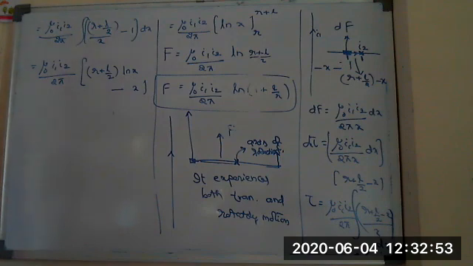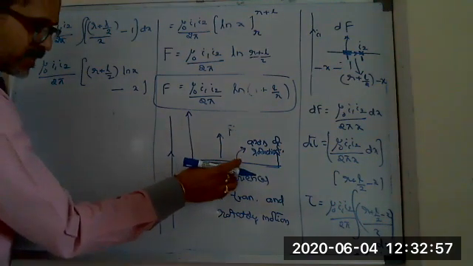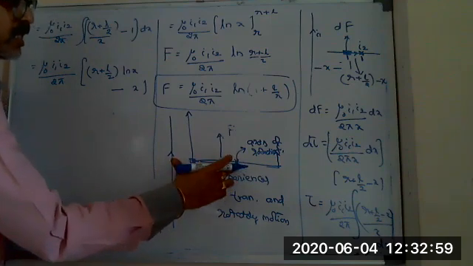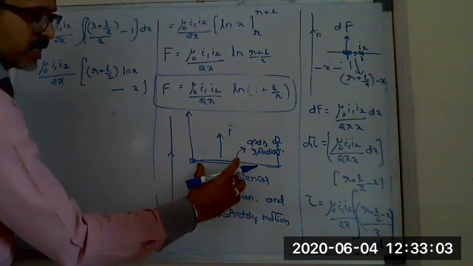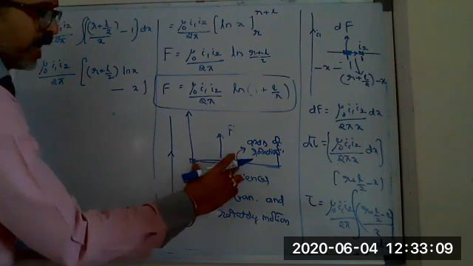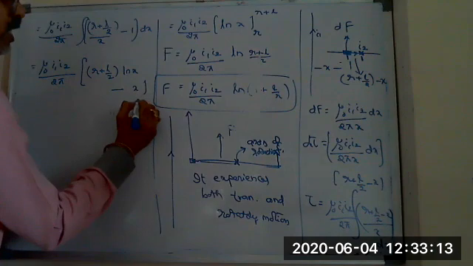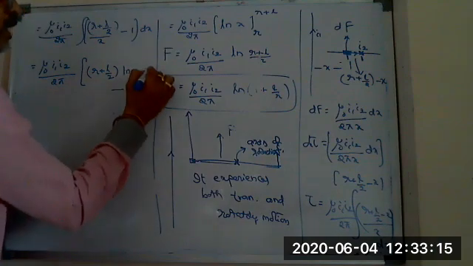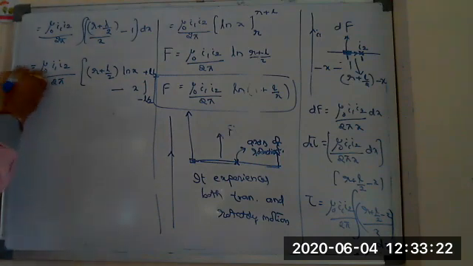Okay, and you are trying to find the torque about this axis, and that too you are taking the distances from the center to the element. From the center, one end is at minus L by 2, and the other end is at a distance of plus L by 2, or minus L by 2 to plus L by 2. Okay, just substitute the limits now, you will get the answer. This is the torque.